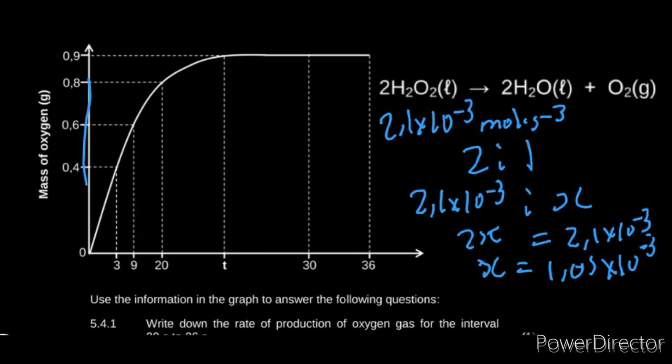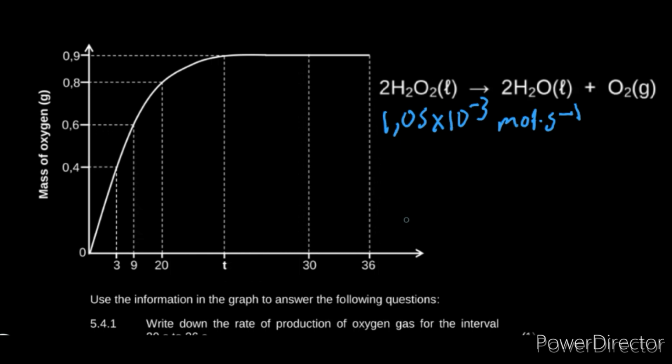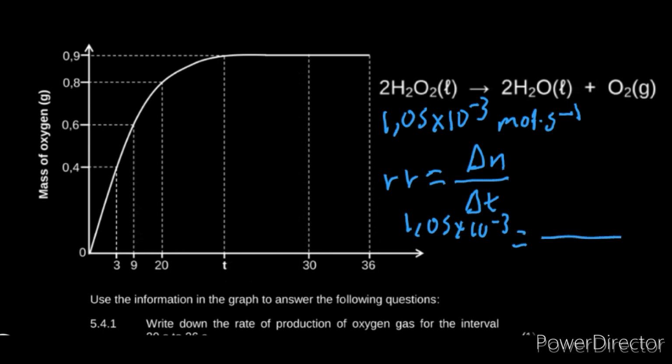It is not in grams per second. So what I want you to be aware of is that this is in moles per second, but we have the graph of grams per second. So when you see this, I just want to show you something in the formula. If we were to write the formula, it would have been change in number of moles over the change in time, because this is moles per second. So now notice that we already have this portion, right? So 1.05 times 10 to the power of negative 3 is equal to